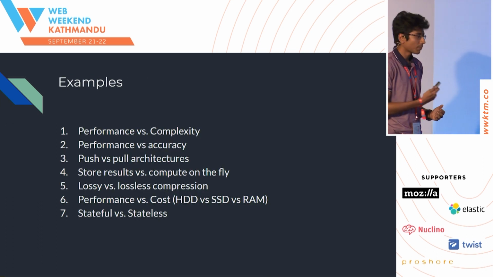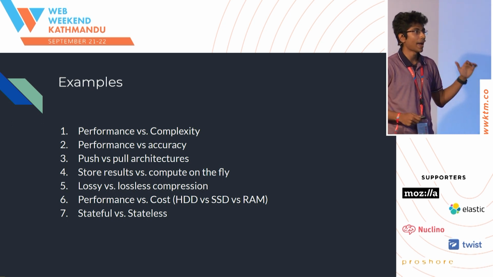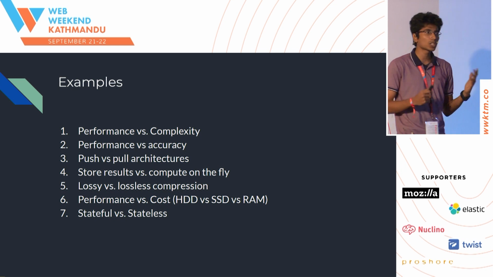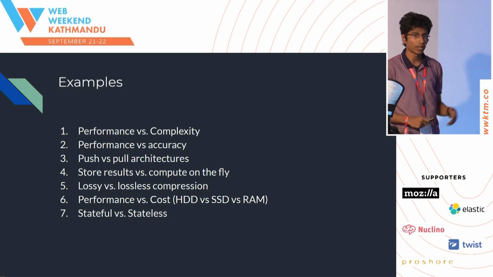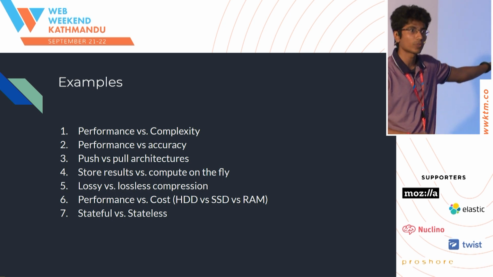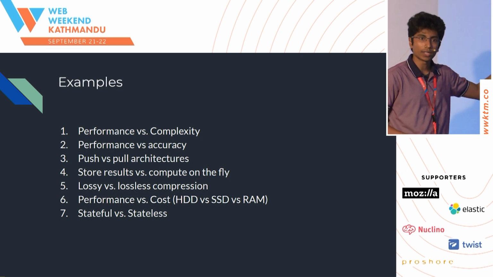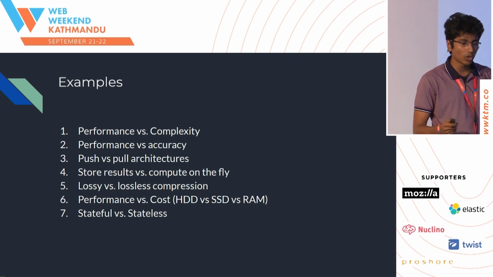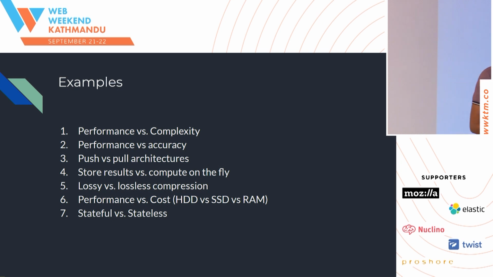All right, so how many of you can identify at least one example from here? These are all back-end system trade-offs. Pull versus push architectures. At least one? Lossy versus lossless. How many of you are fresh out of college? Okay, JPEG, anyone? Lossy, yeah. So interestingly, when you're aggregating metrics, when you're saying how good a system is, sometimes you need to